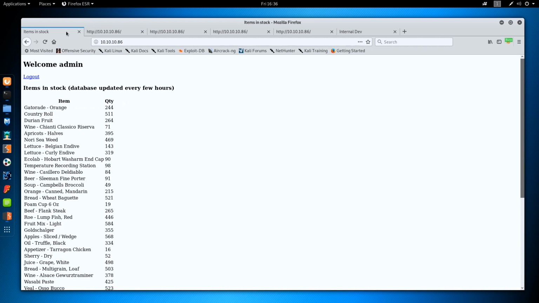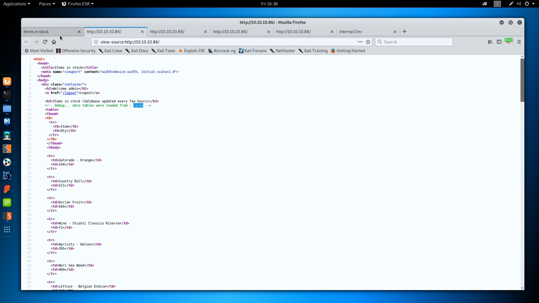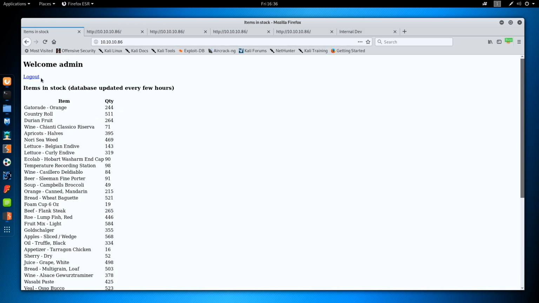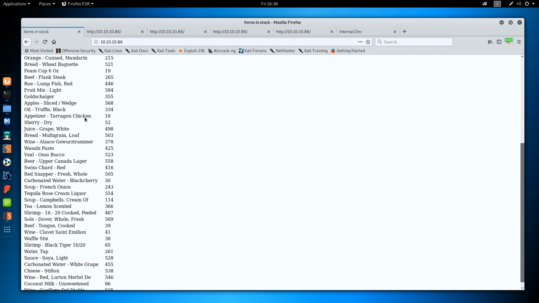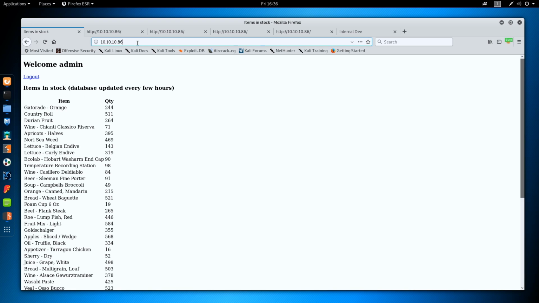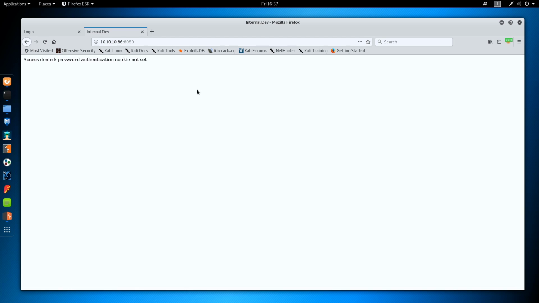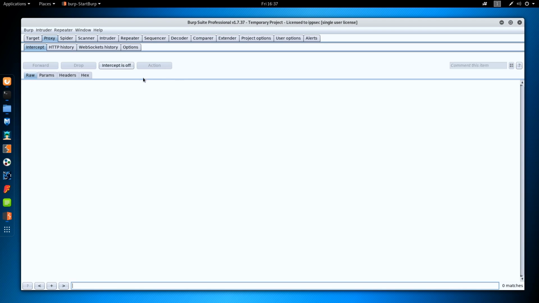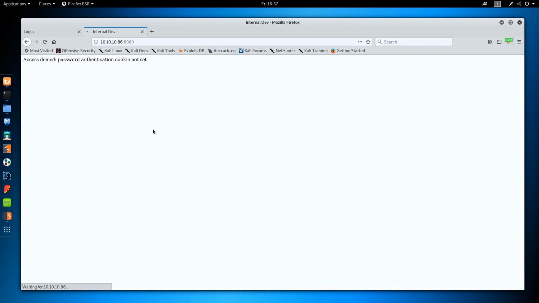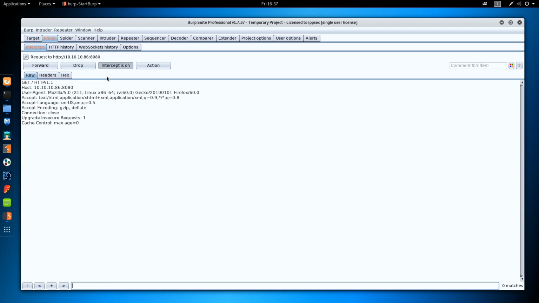So we got some type of caching mechanism here, but no obvious way to exploit the caching mechanism because there's no features of this website. We could try doing a Gobuster and finding other pages on this site, but that's it for now. So let's just look at port 8080, since that was the other thing that came up. The title is internal dev, and it says access denied, password authentication cookie not set. So you could use wfuzz again, but I'm just going to guess the password authentication cookie is going to be